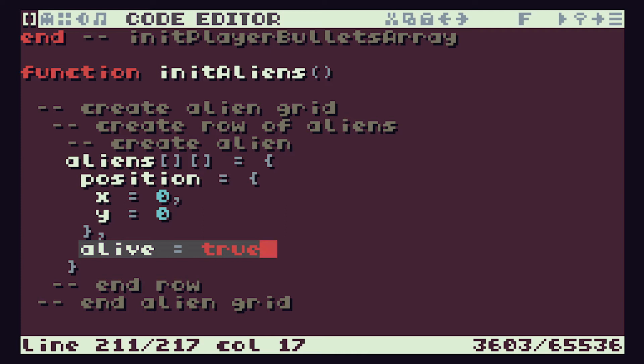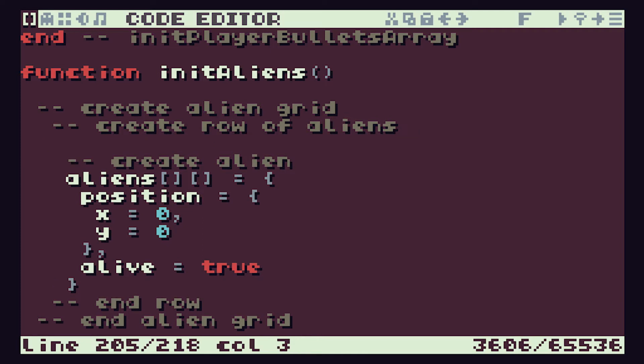So looking at creating a row then, we know that a row is simply an array of 8 aliens. So let's have a look at creating that. To create a row, we know that we're going to use a for loop. And what we're doing is basically putting each alien object into a column in this row. So let's use our for loop, but let's create a variable called column. So for column equals 1,